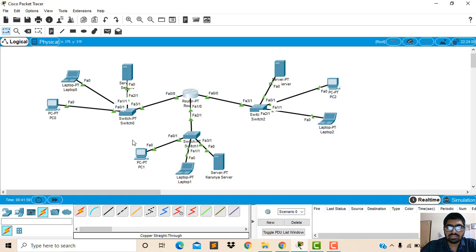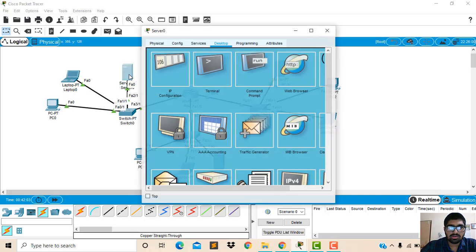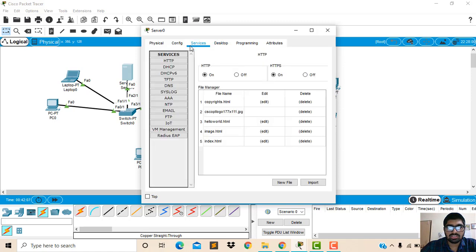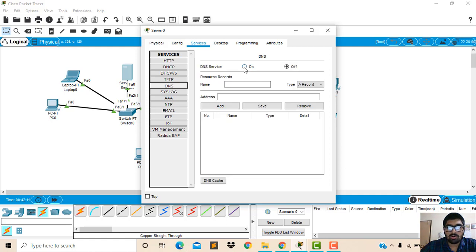To communicate with the second local area network, we have to open the first server and click IP services, go to domain name server, turn it on, and assign the domain name like www.karunya.edu. I am assigning the domain name as www.karunya.edu.